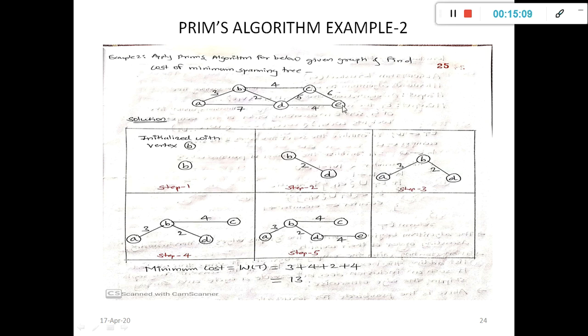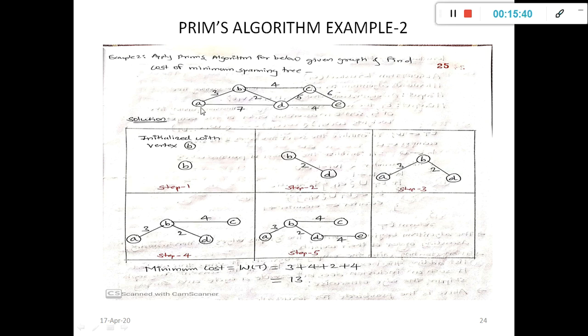Similarly, vertex E is connected to D with distance 4, and the vertex A is connected to vertex B with distance 3. Among these distances 3, 4, 5 and 6, 3 is the minimum distance.